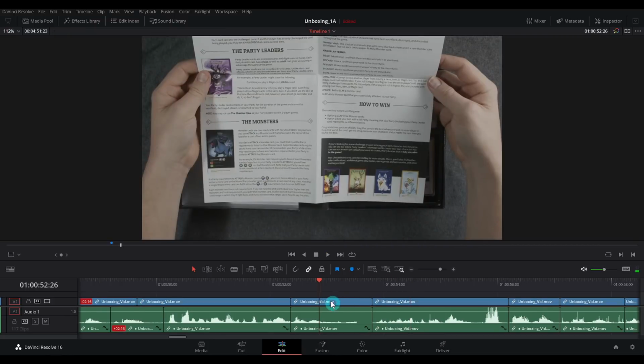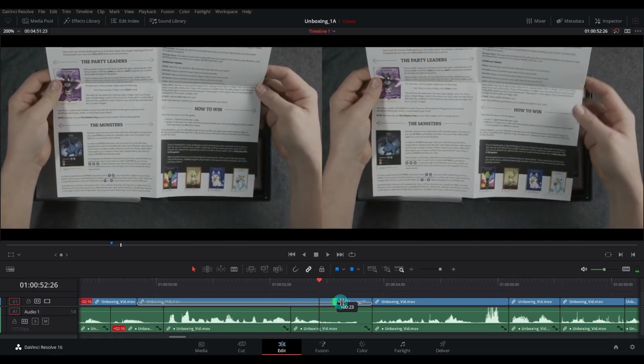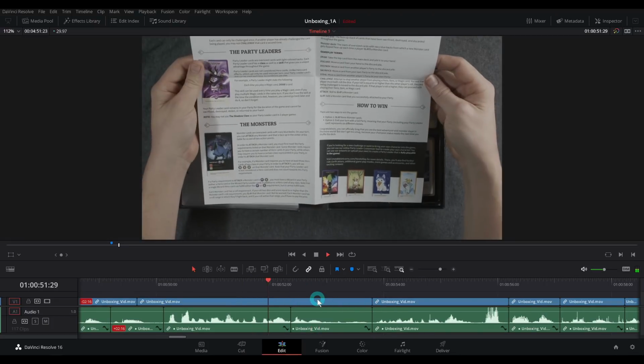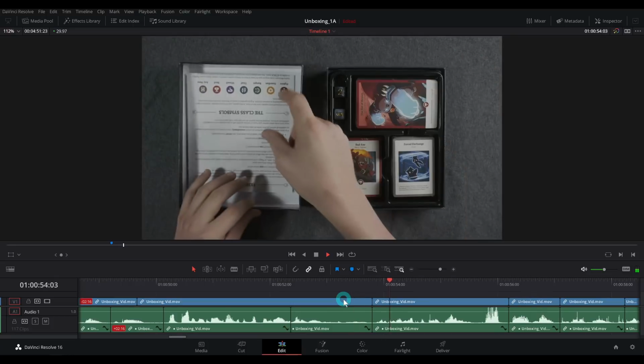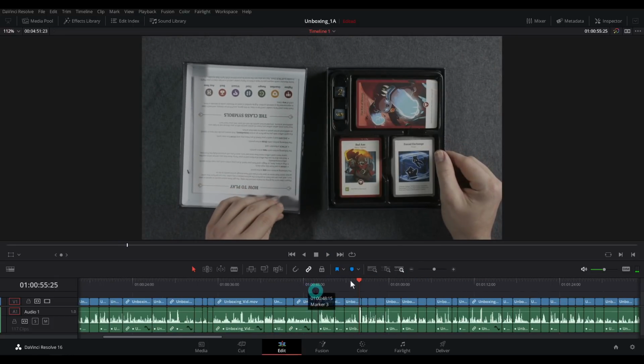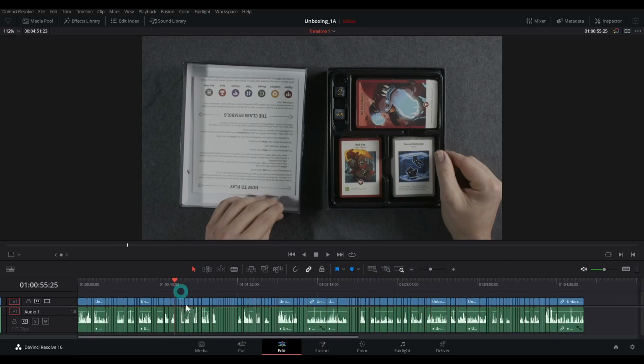But this is kind of the same problem. So I'm going to just, again, hold down Alt and drag this transition. And I'm just going to drag it over this whole clip to kind of move it out, to just basically delete it. What the heck this is and how to win. Oh man, I'm so excited to look at the cute animals. Yep, that works great. So now we have our rough cut done and we fixed any of the major big